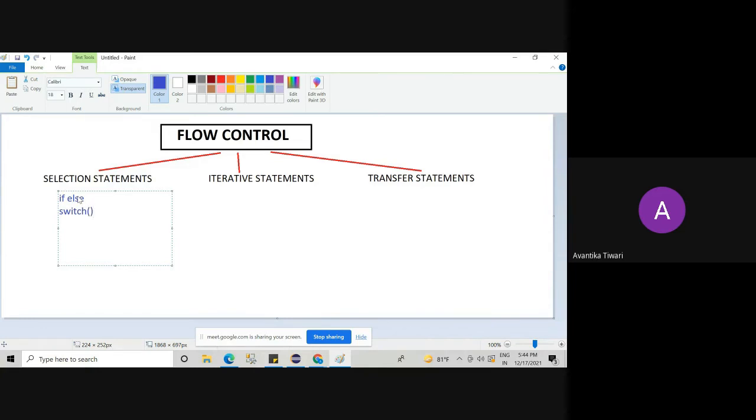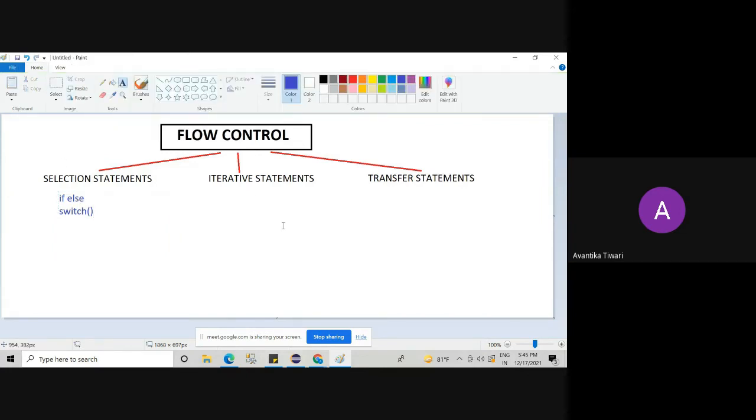When I say if-else, that means we have if, if-else, if-else if, and nested if, all 4 categories. To keep it simple, instead of writing all those 4, I am writing only if-else. These are called selection statements, or in some books decision-making statements, because based on the decision, a part of the program will be executed.